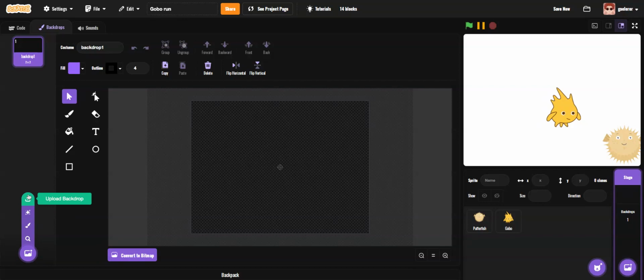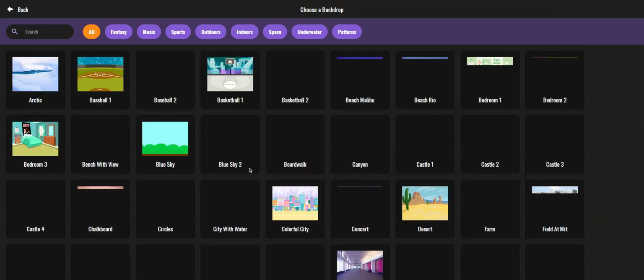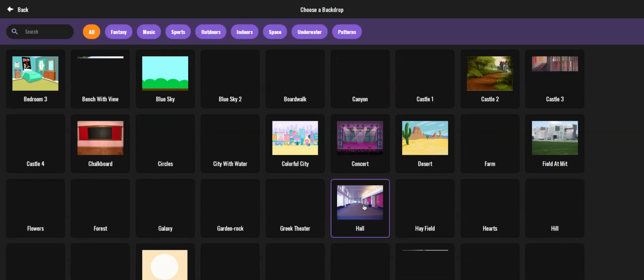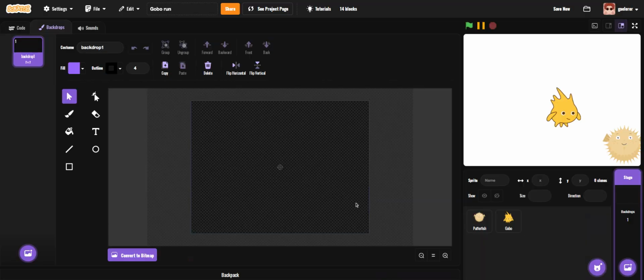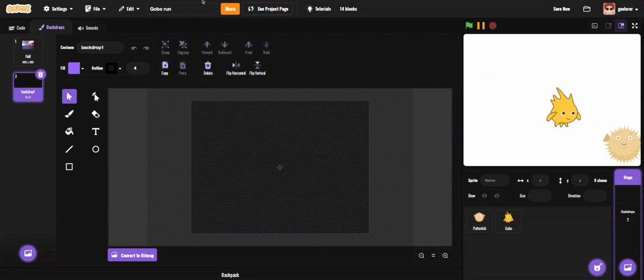In the Scratch library, maybe the hole. That's going to be cool. Delete the backdrop one, and I'll make a backdrop called